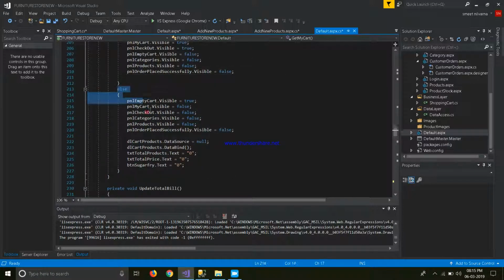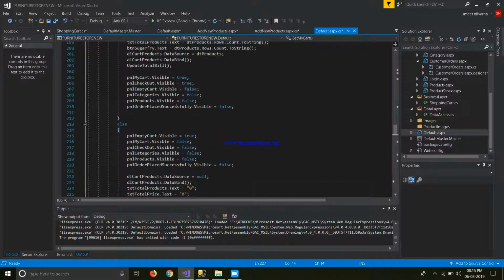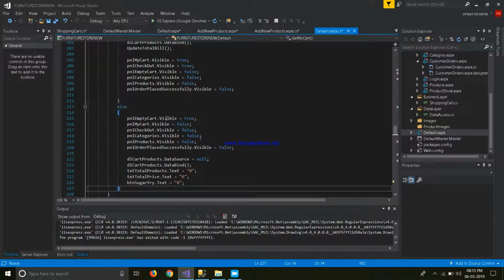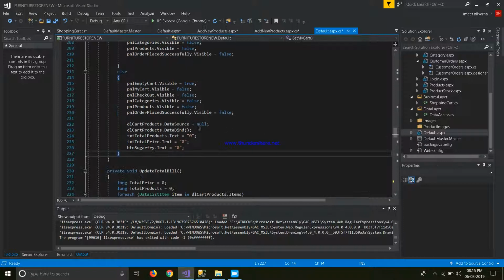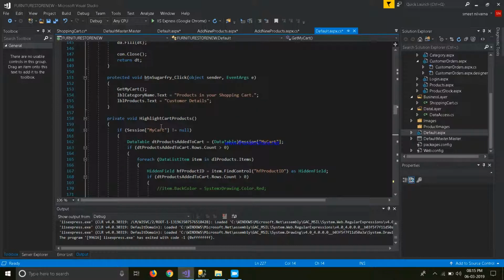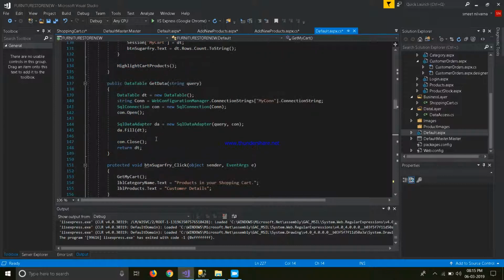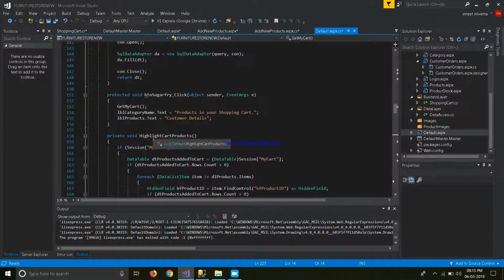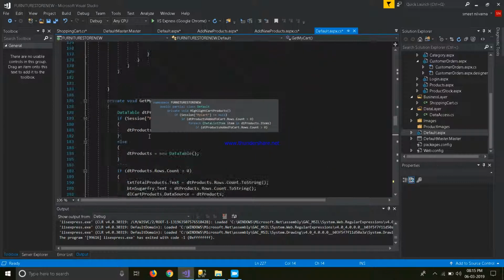Here in the else part, it is the same. The checkout and the panels are getting true. The panels are getting visible or invisible, and nothing else is happening in this get my cart. Let us proceed further, and let us see what is happening in